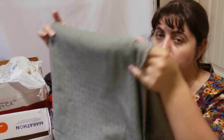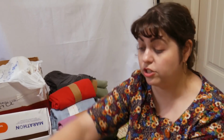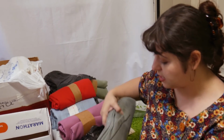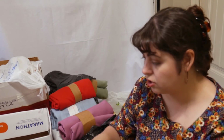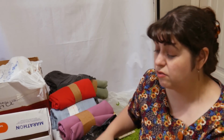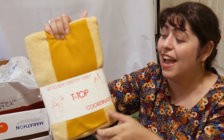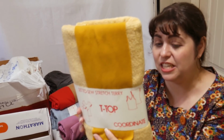And it's definitely something I would say is from the 70s, based off what else was at this particular booth, if I recall correctly. So I'm thinking a nice matching suit, because I got that little piece and I got this piece. So I think I have 2 yards between the two, so 2 yards and another 2 yards, so 4 yards. So I'm thinking some sort of suit and jacket. And the reason I said that this one was probably from the 70s is because I got this at that same booth. And it is a matching